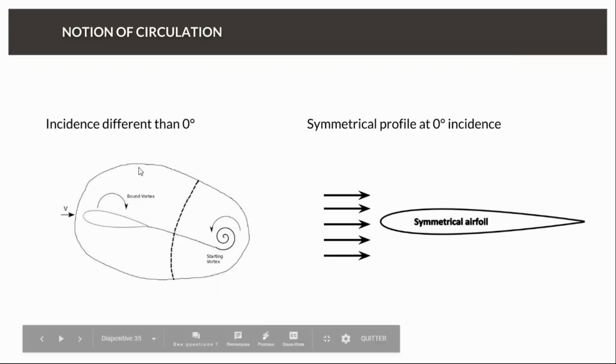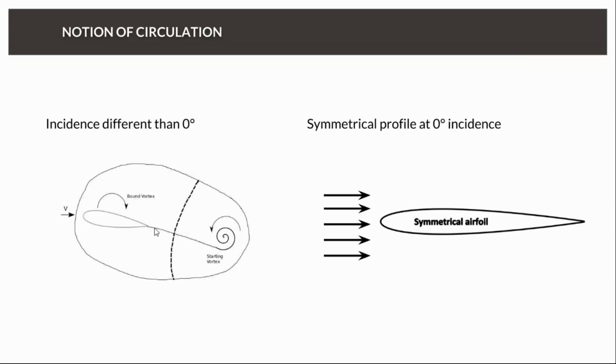But as soon as you put this symmetrical profile at incidence, then directly you will see, if you do, for instance, flow visualization with air with tufts, that as soon as you change the incidence, there's a vortex emitted in the flow. And so if there's a vortex emitted in the flow, by conservation there must also be a circulation around the profile. If you combine a circulation with uniform flow,